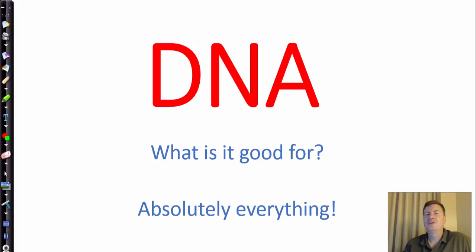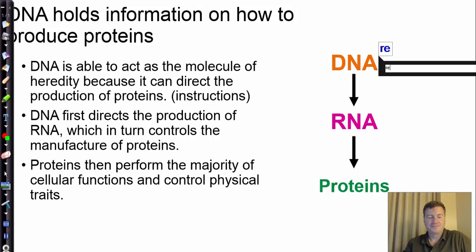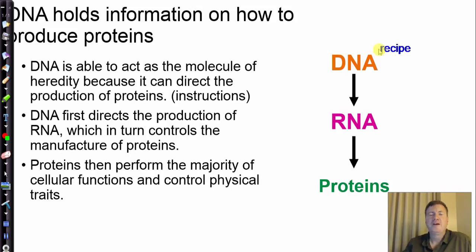Let's go ahead and look at what DNA is good for, or more basically, what does DNA do and how does it do it? We've considered DNA as its molecular structure, talking about the A's and the T's and the C's and the G's and the phosphate and kind of how it looks. But let's focus here on what DNA actually does. DNA, in its most basic sense, is going to serve as a recipe. It's a recipe for making a product, proteins.